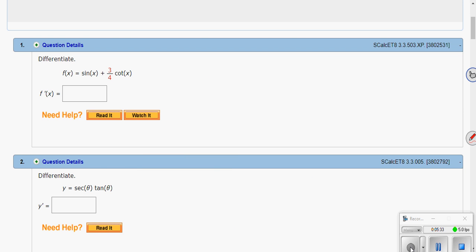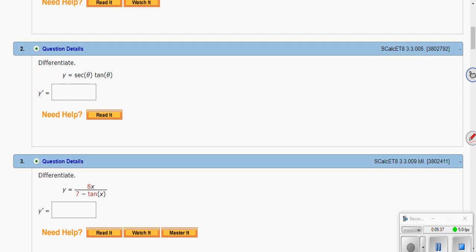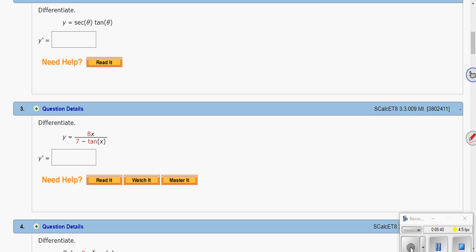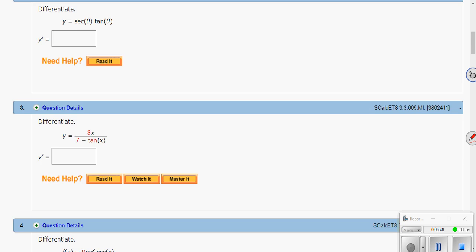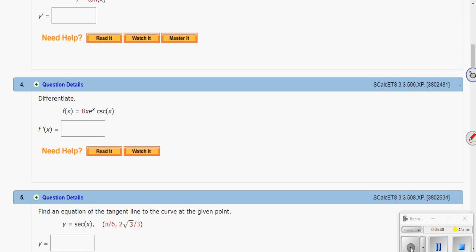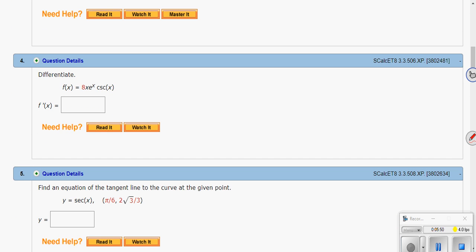Let me clear the ink. Keep scrolling. Differentiate, again, on number 3. I'm not going to take the time to do it, but that is using the quotient formula. So don't forget the quotient formula. Now, this one I wanted to tackle because